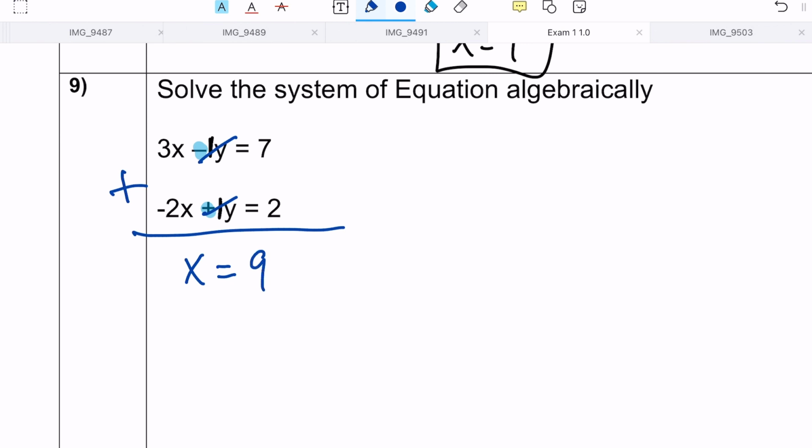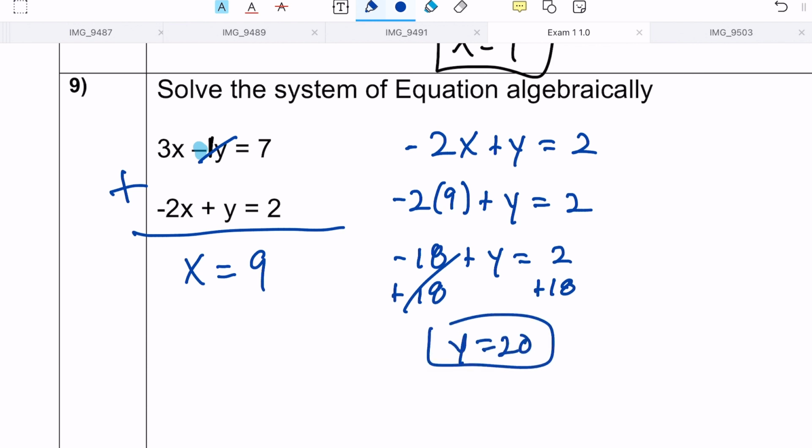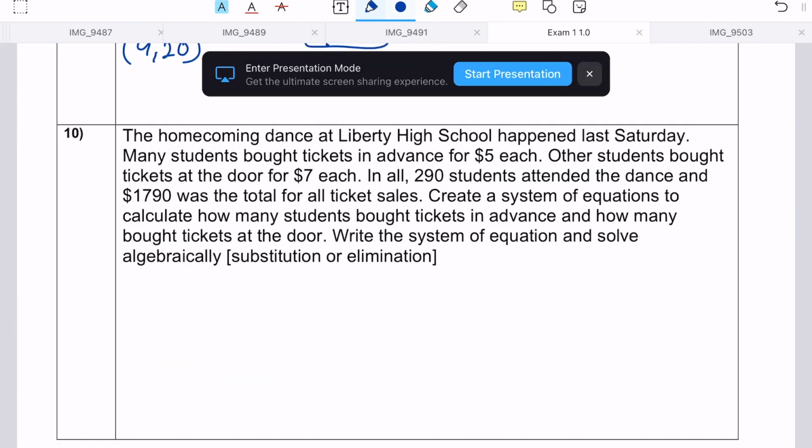X is 9. Okay, so now we're going to substitute into one of the equations. We see negative 2x plus y equals 2. So we're going to have negative 2 times 9, which is negative 18, plus y equals 2. We add 18. Y equals 20. So we have our solution, (9, 20). That's it. So the last problem says the